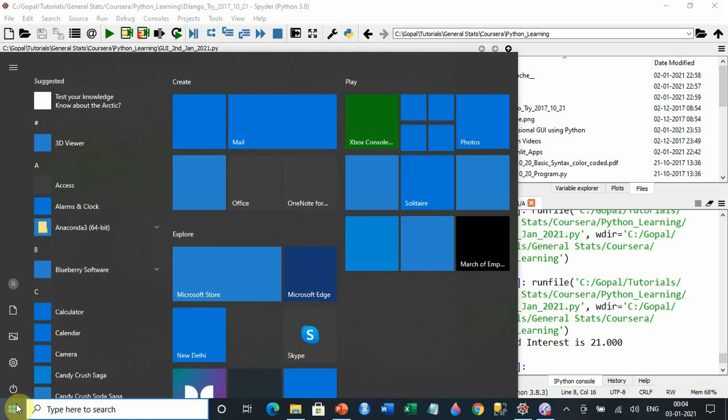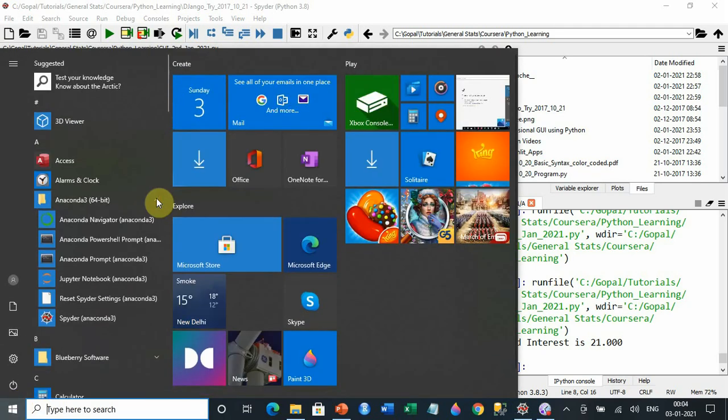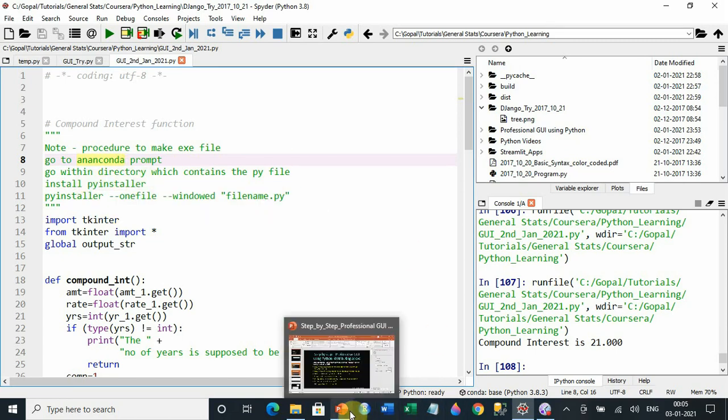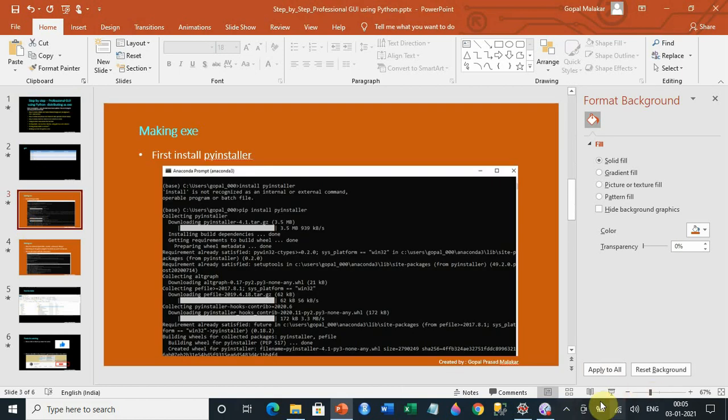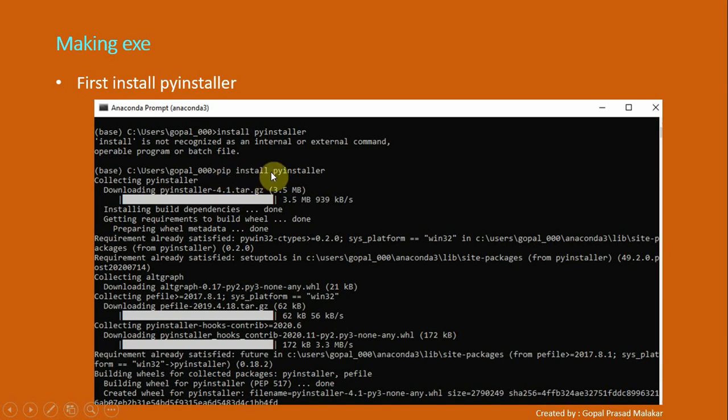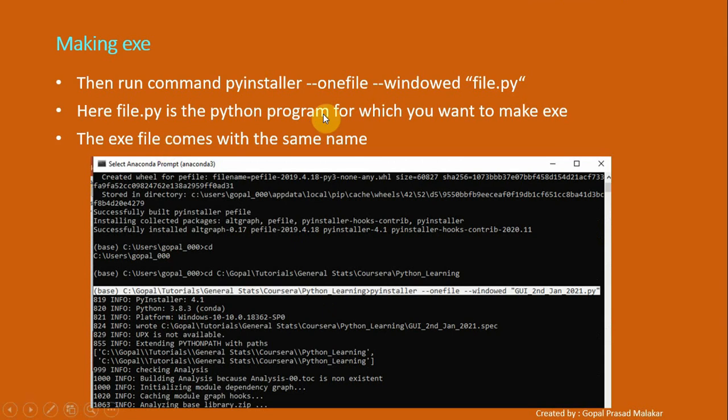Essentially when you go here in Anaconda, this is the Anaconda prompt that you need to go to, and within that you first of all need to install PyInstaller. Let me show you how the process goes. After going to the Anaconda prompt, the first thing you will have to do is pip install pyinstaller. It will take its time, but it will install. After that, you need to run pyinstaller --onefile window, file.py. But it would be better that you go to the directory where